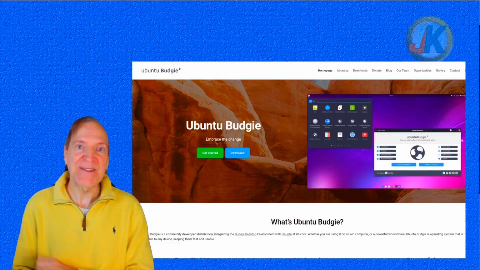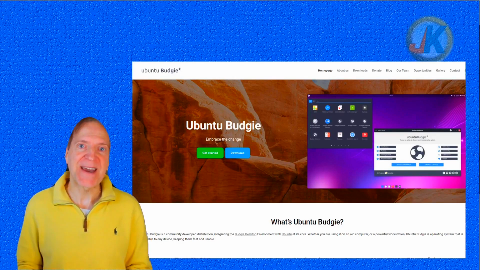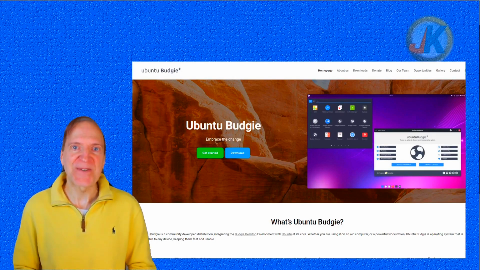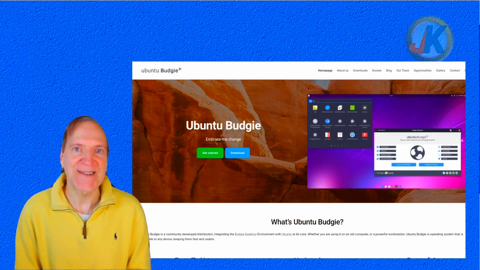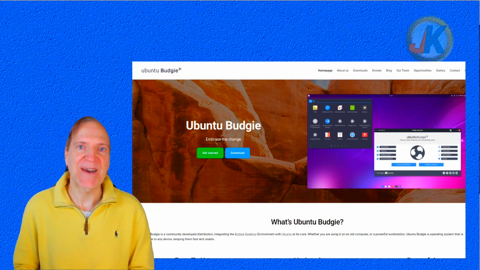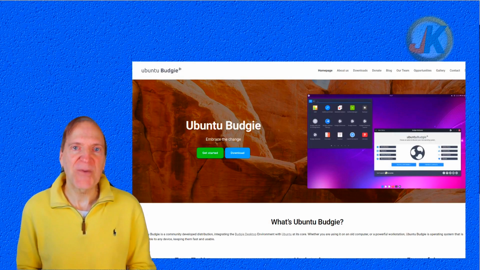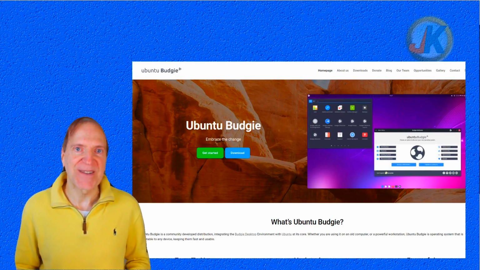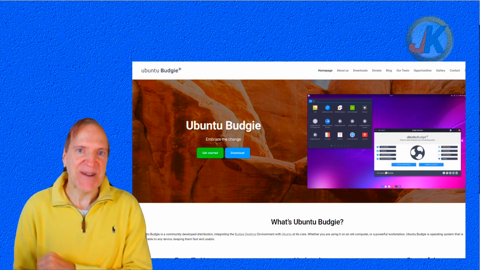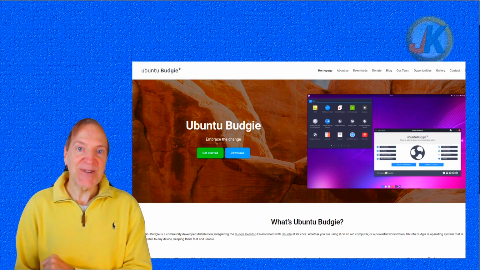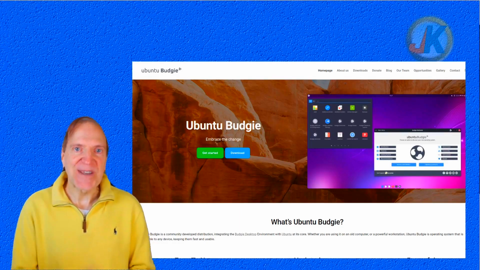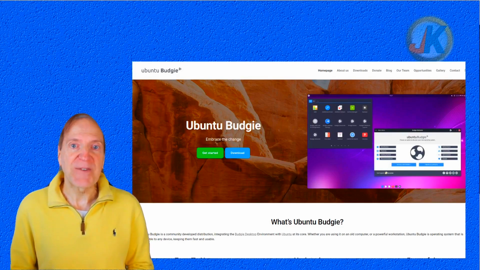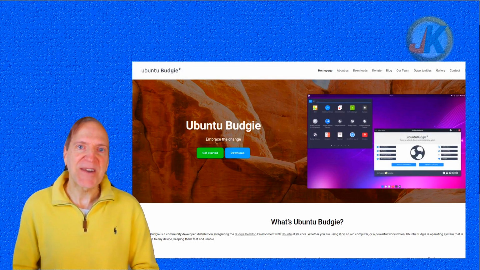22.10 is an interim release, not an LTS, and the .10s are always my favorite Ubuntu releases. These interim releases, I think, are just always so cool. And so I always get excited when October rolls around and the .10 is about to come out, and this year is no different. I'm excited, but you know, probably 100 people have already reviewed the Ubuntu standard, so